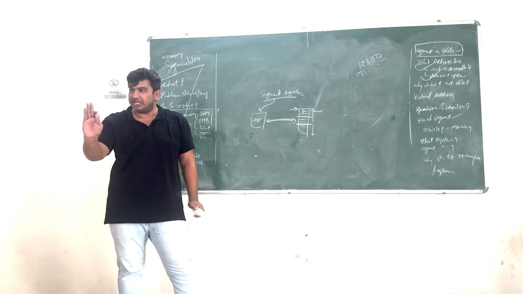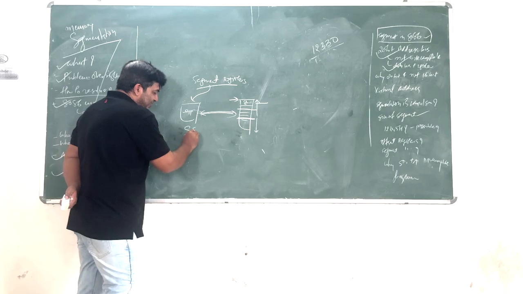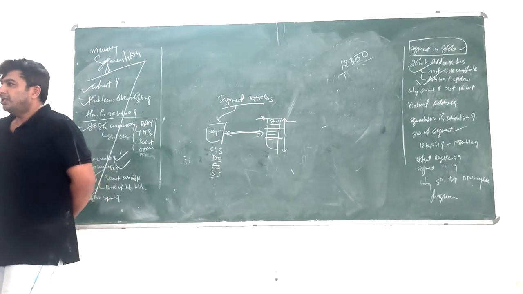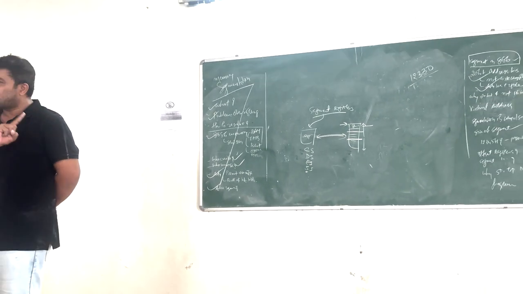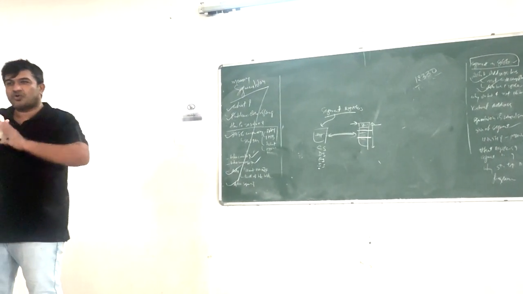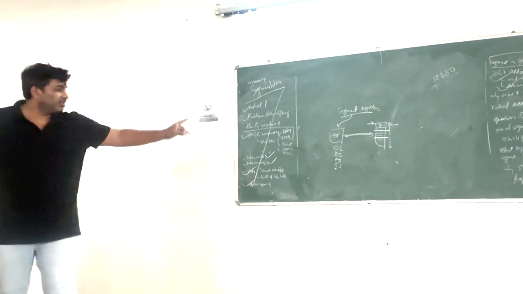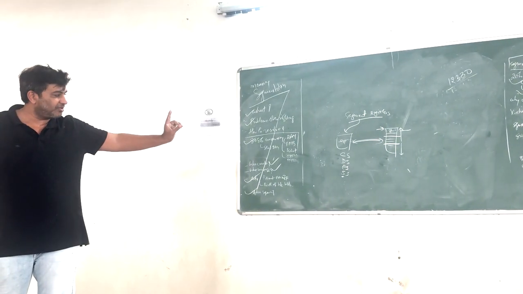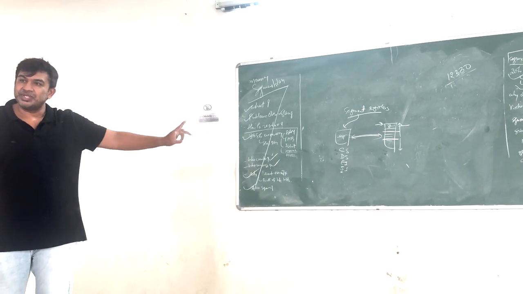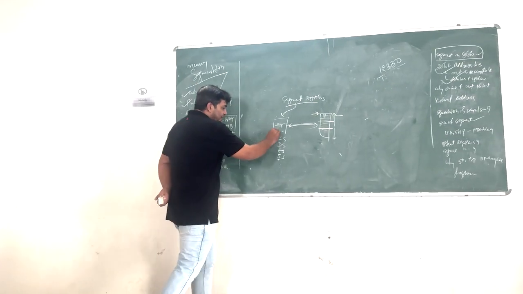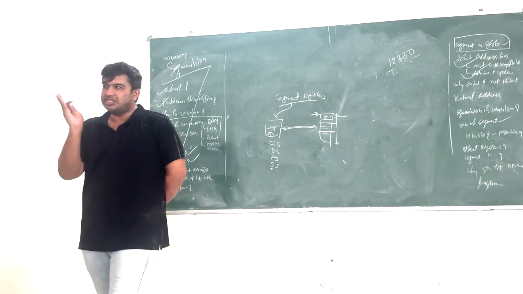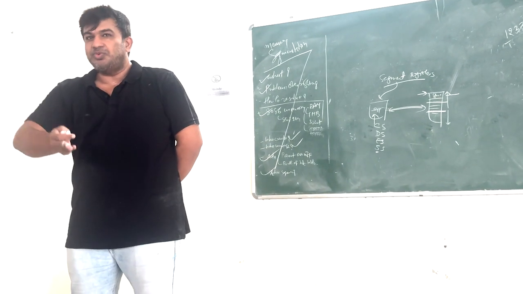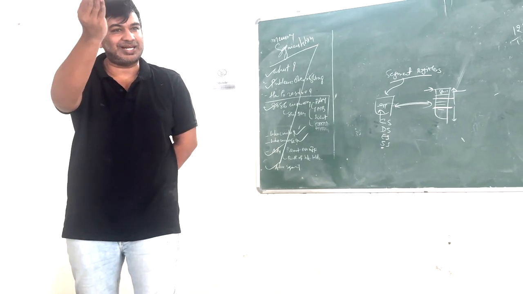In registers. Clear? Yes. So there are 4 registers: CS, DS, ES and SS. Code segment register. It is not code segment. There is a difference between code segment and code segment register. This is code segment register, stack segment register, data segment register, extra segment register. These are stored inside my microprocessor and they will give me the starting location of my segment. Understand? ES will give me the starting location of my extra segment.